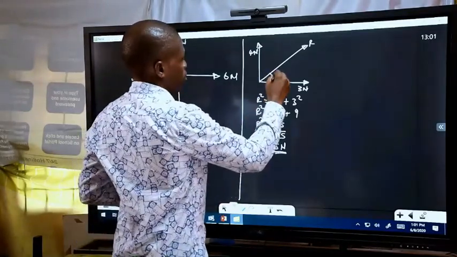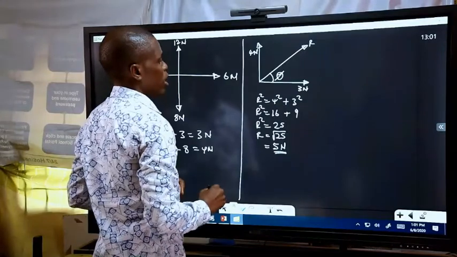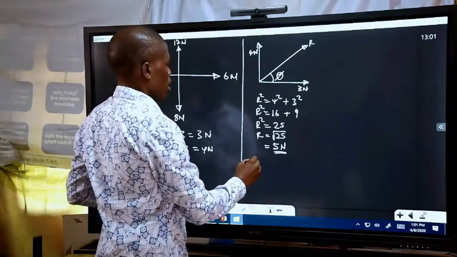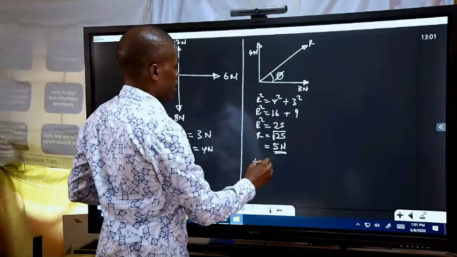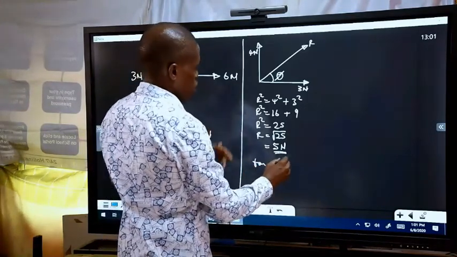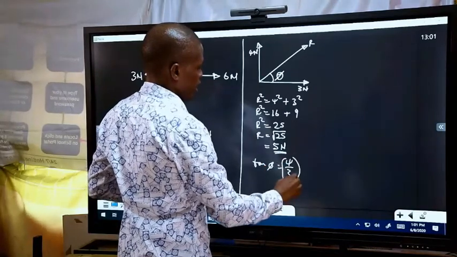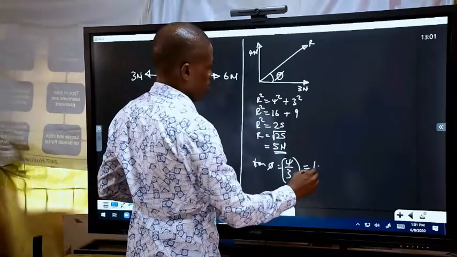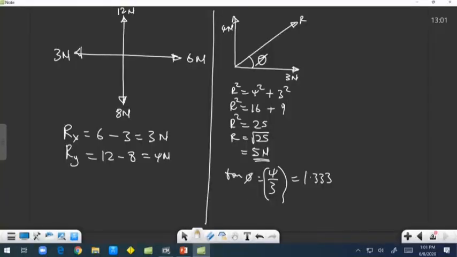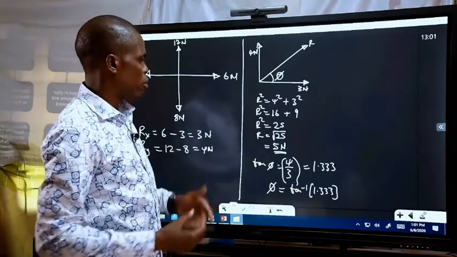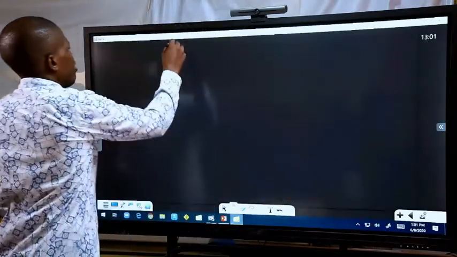The angle that the resultant makes with the 3 newton component will now become tan phi equal to 4 divided by 3. So 4 divided by 3 is equal to 1.333. So we have angle phi equal to tan inverse 1.333, which is the angle you get. You can punch the calculator and get the answer to that. It is not a big deal. So with that, you can also solve problems that are related to this,